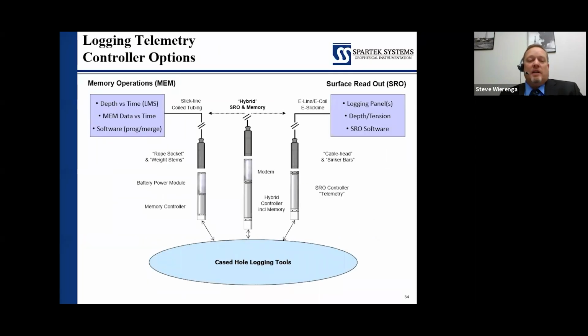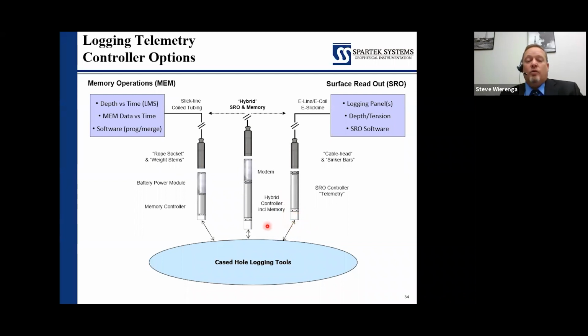When we're looking at telemetry options, as I mentioned, the tool has 3 different options. The straight E-line surface readout, this one's kind of starting to go into the history books. We're seeing the new hybrid telemetry start to displace the surface readout. Our limitation with surface readout is there's only so many channels and so much bandwidth that we can get up